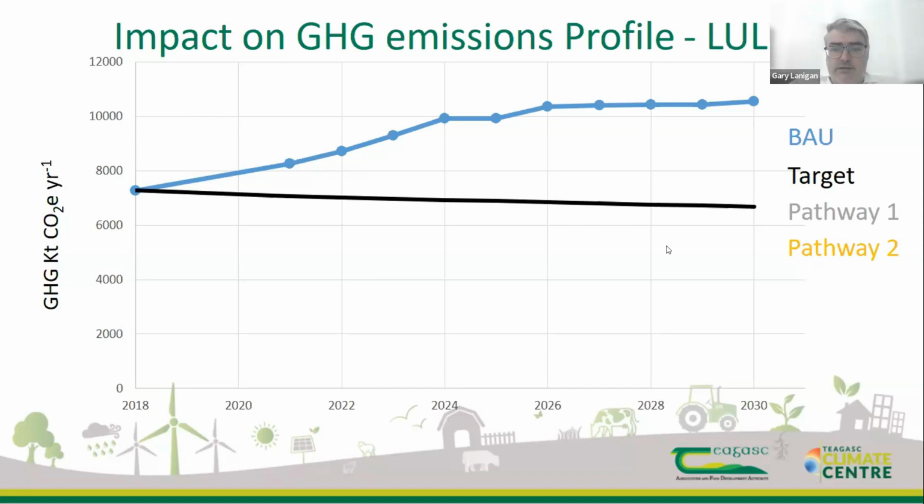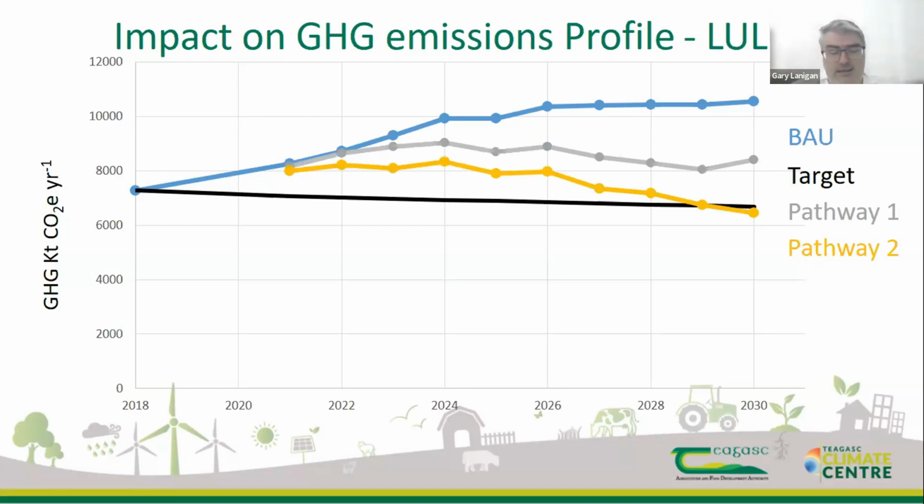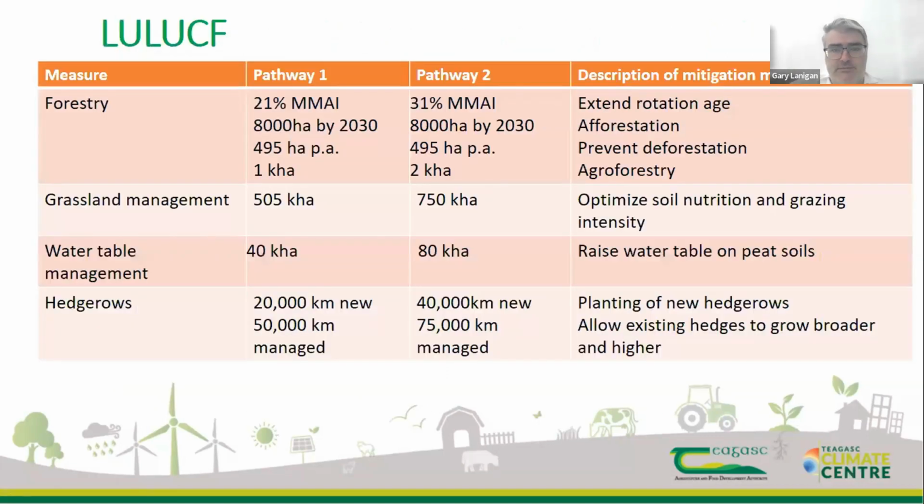We haven't got a climate action plan target, so there's no sectoral target at the moment for land use change and forestry. There is, however, a hard EU target, which is to reduce emissions by 13.6% relative to 2016 to 2018 levels. So this is the target. What you can see is under pathway 1, we don't make the target. And again, under pathway 2, we just about scrape and make that target. So again, high rates of adoption are needed to make the target. What's in that